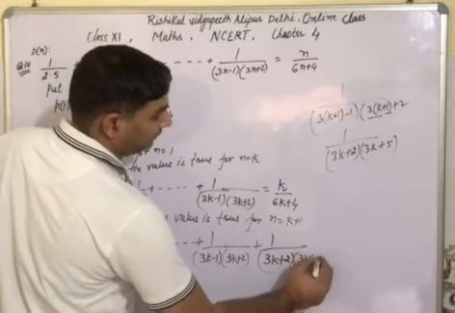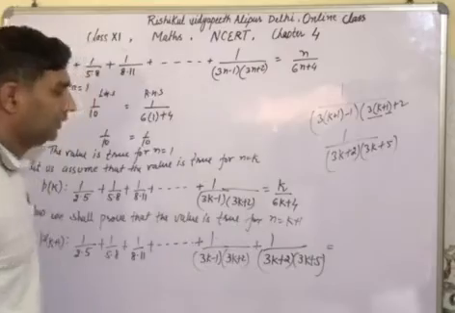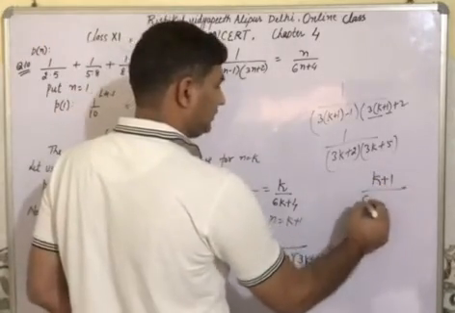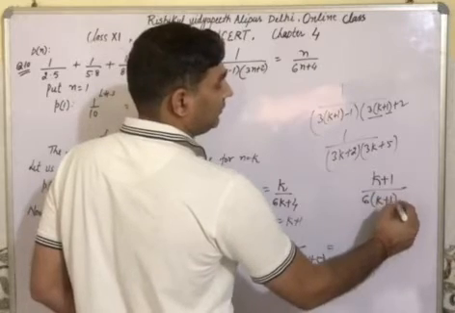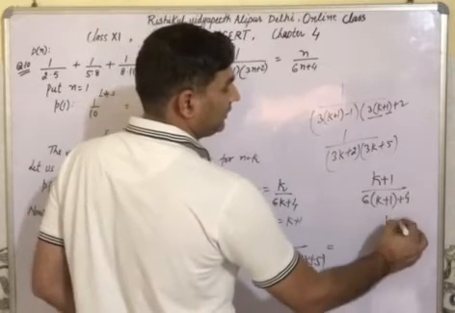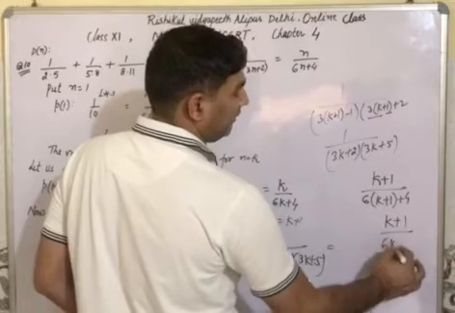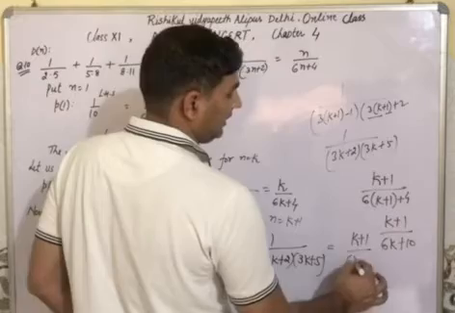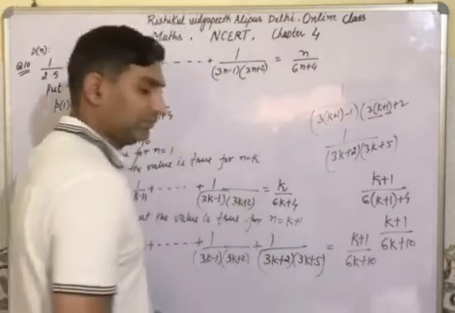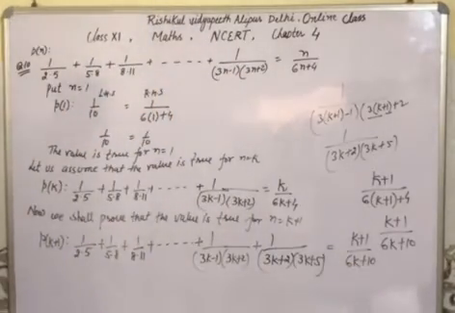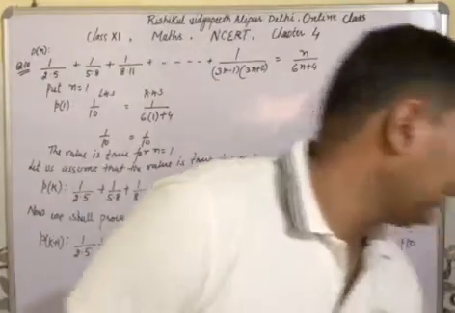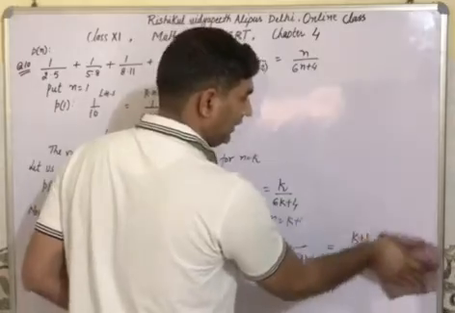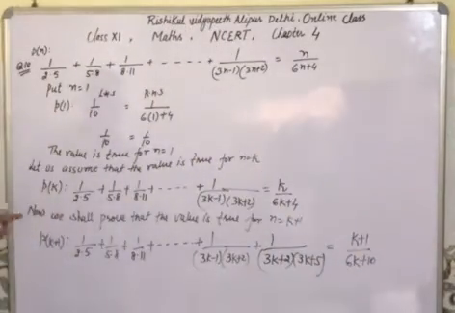is equal to. What will be on the right hand side? We replace k with k plus 1: 6 into (k plus 1) plus 4. This value is k plus 1 over 6k plus 10. Then the right hand side is k plus 1 over 6k plus 10. This is P of k plus 1. Now we will prove left hand side is equal to right hand side, using this P of k term